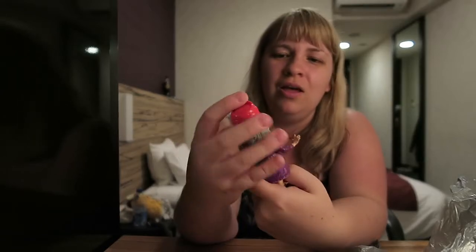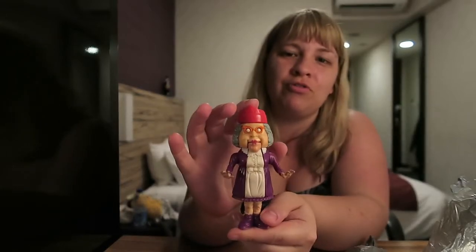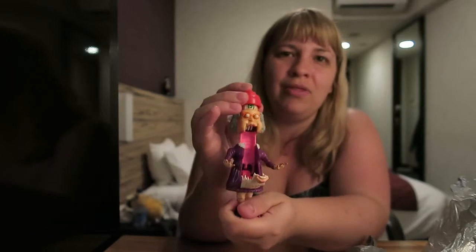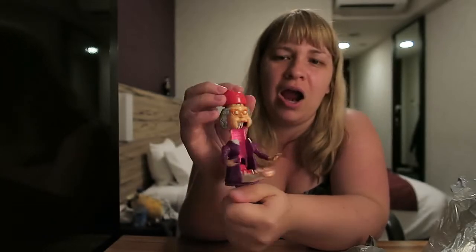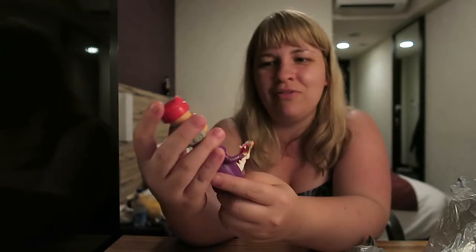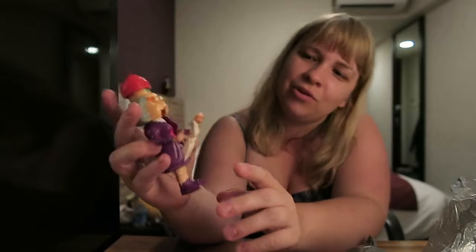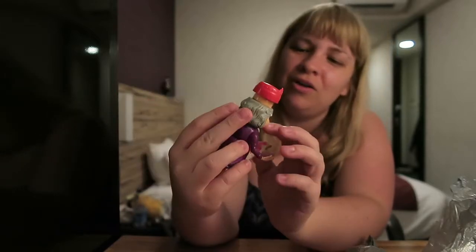Because the point is, the monsters for Real Ghostbusters kind of look like normal people, but then something happens and they turn. But I love this toy. I was like, oh, I need that. As soon as I saw her, she was set like this, and I'm like,